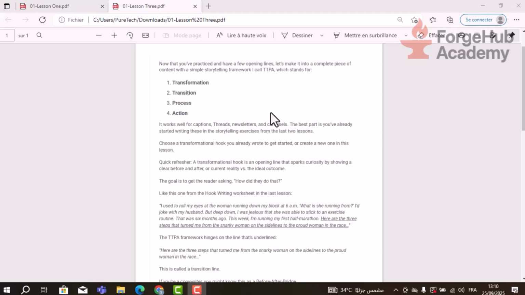So quick refresher, a transformational hook is an opening line that sparks curiosity by showing a clearer before and after, or a current reality versus an ideal outcome. So the goal is to get the reader asking themselves, how did they do that? So there is an example from the hook writing worksheet in the last lesson that I'm going to use here,